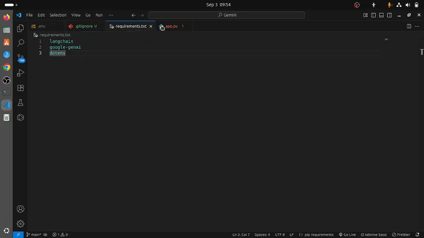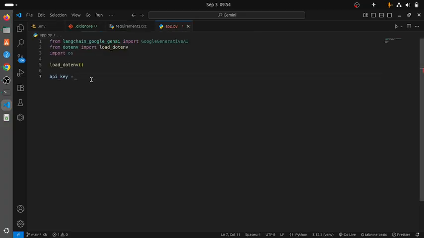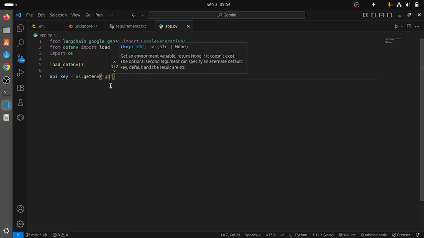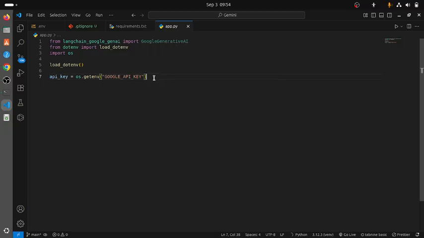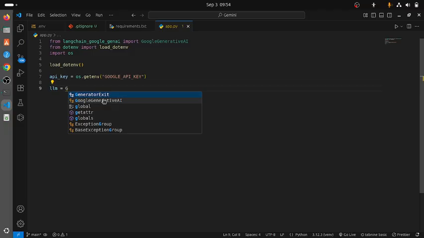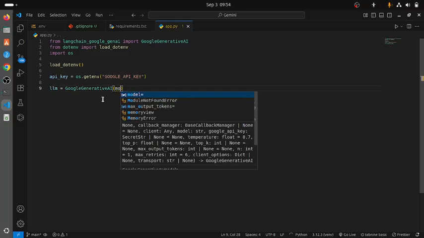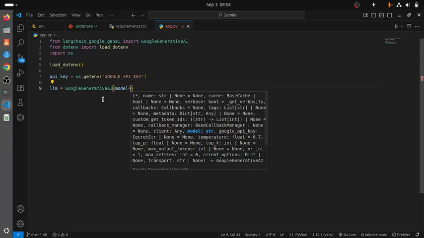Then you head back to your app and say os.getenv. We pass in the name that you have assigned to the API key. Then you say llm equals GoogleGenerativeAI, and in brackets the model. So the model that we will be using,